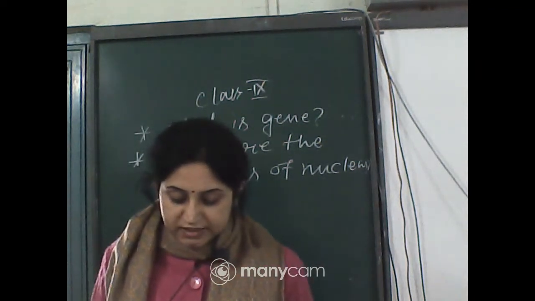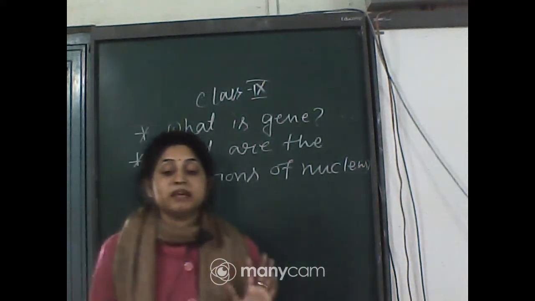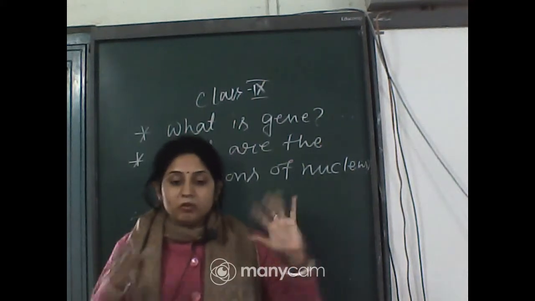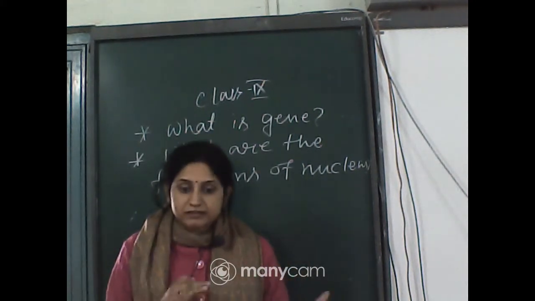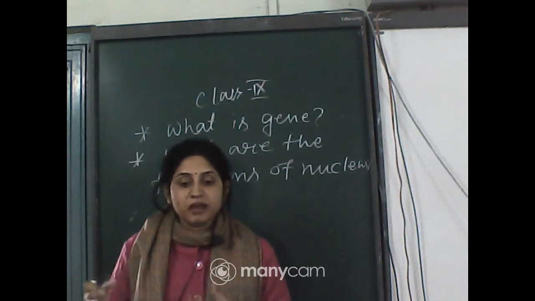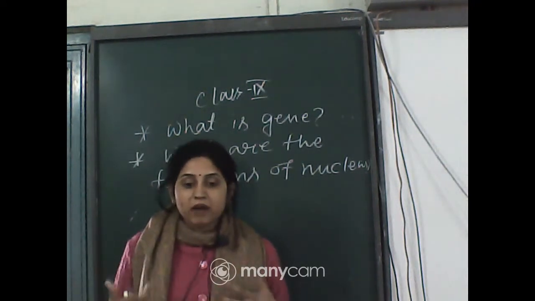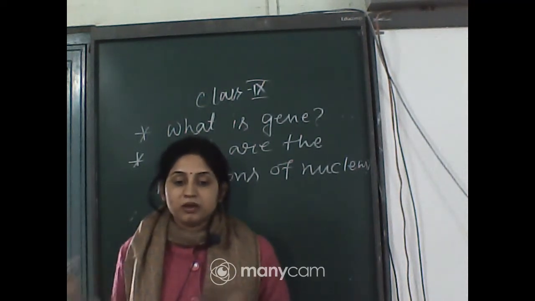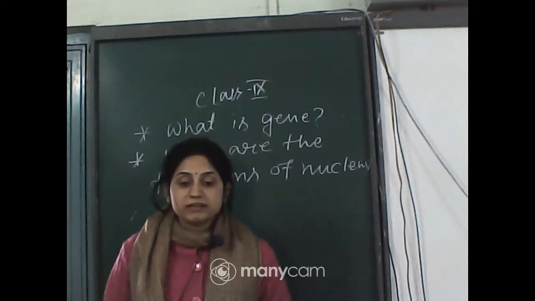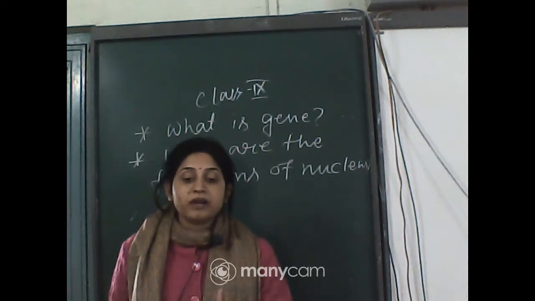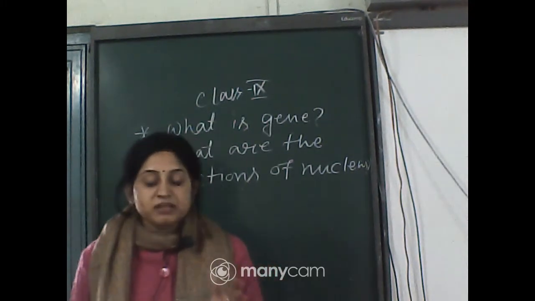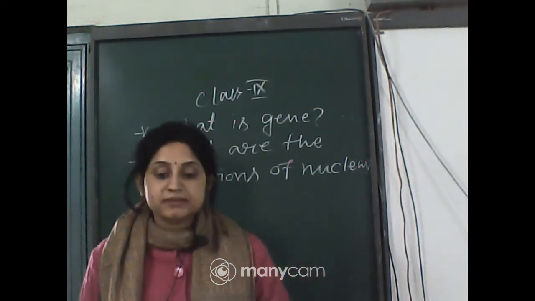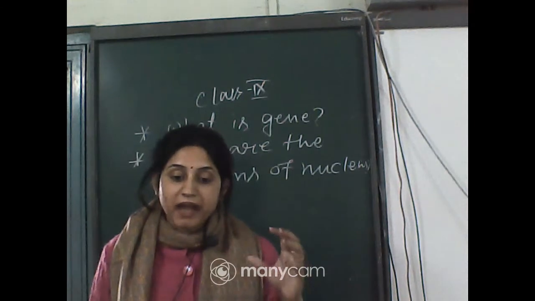The first one: it plays a central role in cellular reproduction. Cellular reproduction means cell division, the formation of new cells. When will a new cell be formed? When the cells start to divide, then they form new cells. Just like in our reproduction, the formation or birth of young ones, that is known as cellular reproduction. Cellular reproduction equals cell division, meaning the cells start to divide and form new cells, and in this cell division the nucleus plays an important role.